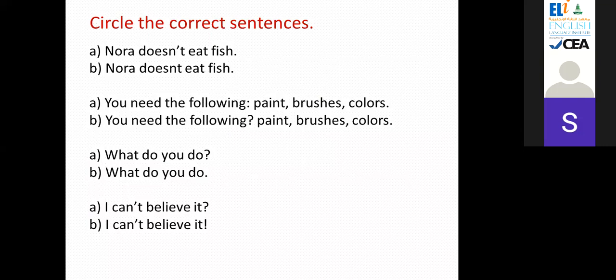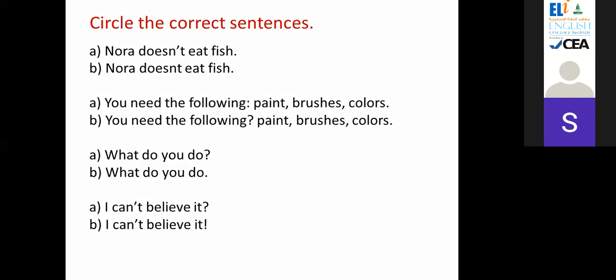You need the following. So here, A. Okay, you are right. You need a colon to indicate a list of things. You need the following: paint, brushes, colors. So A. And then a question mark. After a question, we use a question mark, not a dot or a full stop. The last one,